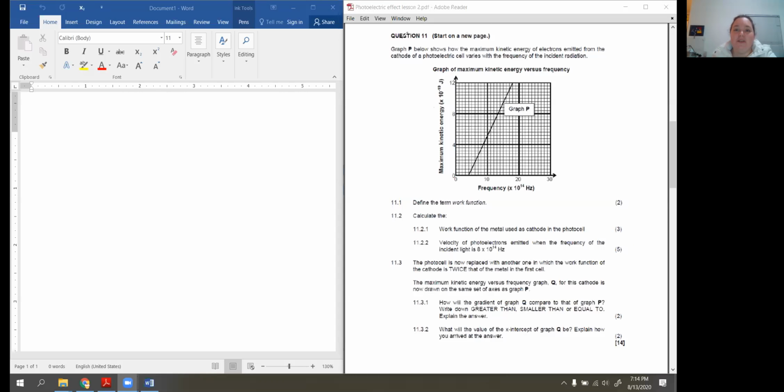All right, so the first question says, graph P below shows how the maximum kinetic energy of the electrons emitted from the cathode of a photoelectric cell varies with the frequency of the incident radiation. So at the end of your lesson on Tuesday, we looked specifically at graphs, and we even looked at how we rearrange the equation and what the y-intercept versus x-intercept mean in a graph like this,